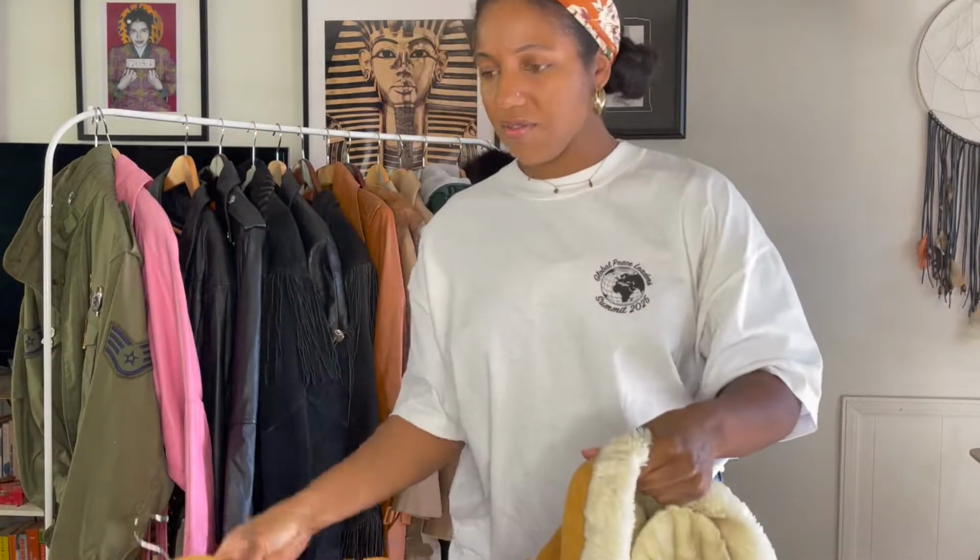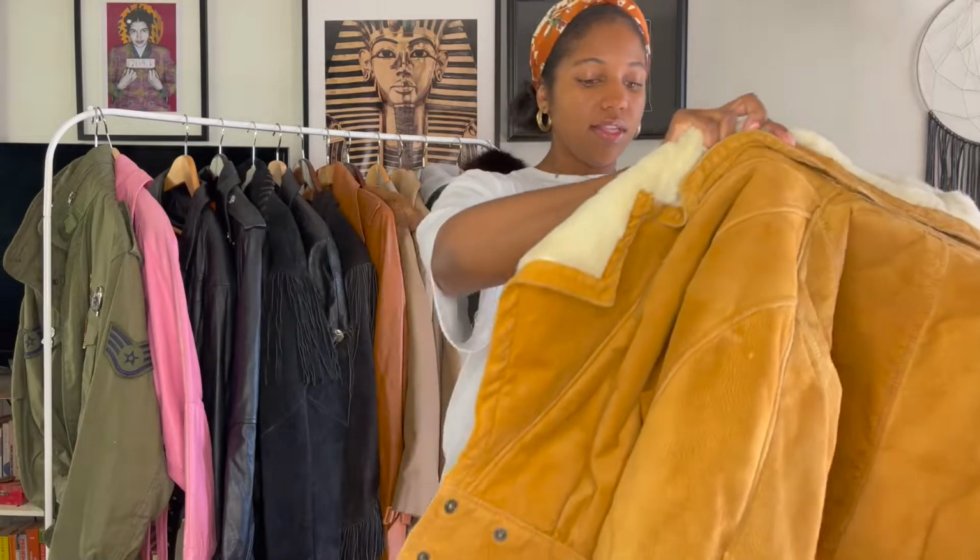This one I have worn a few times, and this is how this one looks on. It is super heavy too, so you definitely could wear this in some really cool weather. But yeah, this one is also